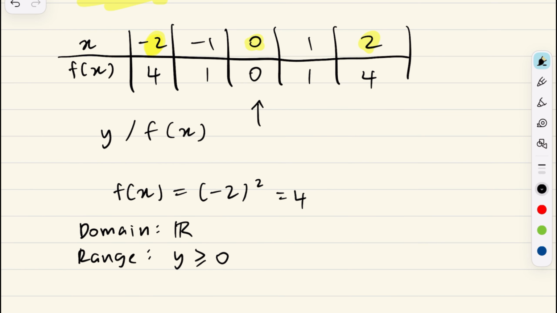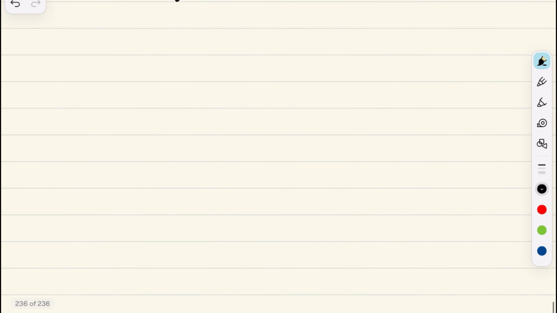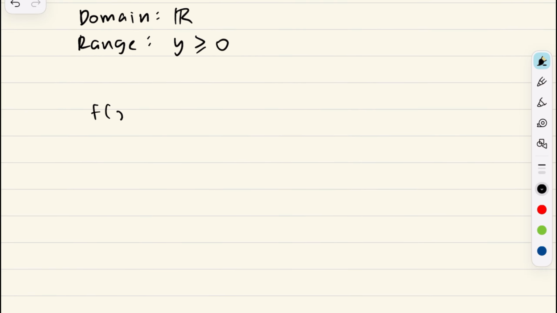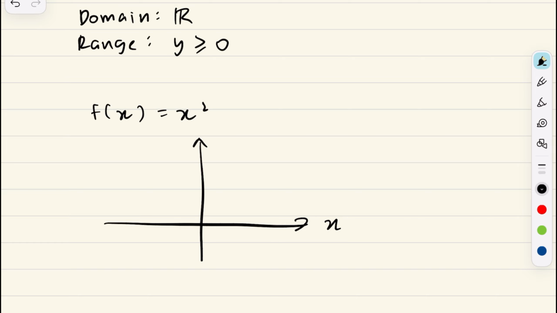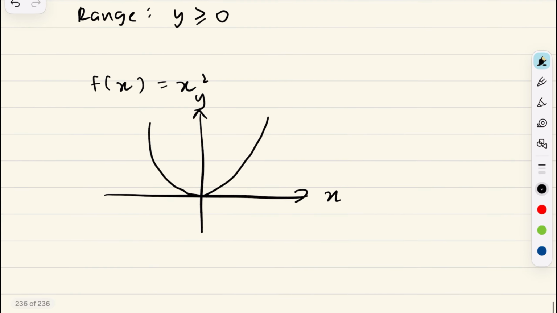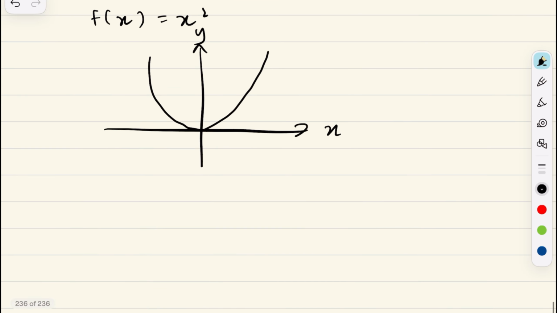Now, an easy way to visualize this is by drawing a graph. So here our function is f of x equals x squared. And if we were to draw it out, this is going to be our x plane. This is going to be our y plane. We're going to get a curve like that. Sorry, my drawing is a little off. So this is going to be our curve, and you can see that the inputs, all the x values, increase until infinity in both directions, slowly increasing.